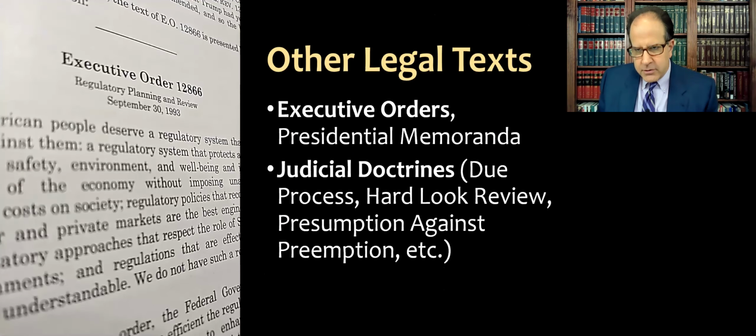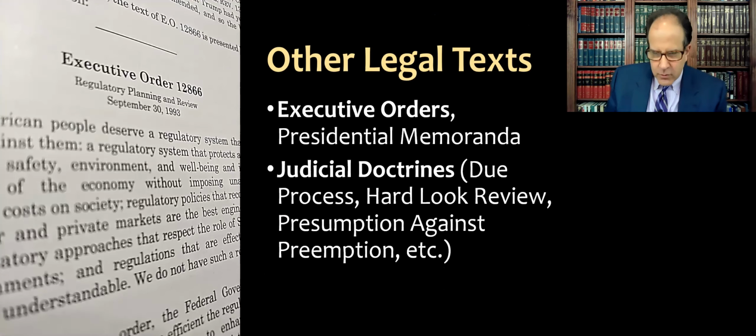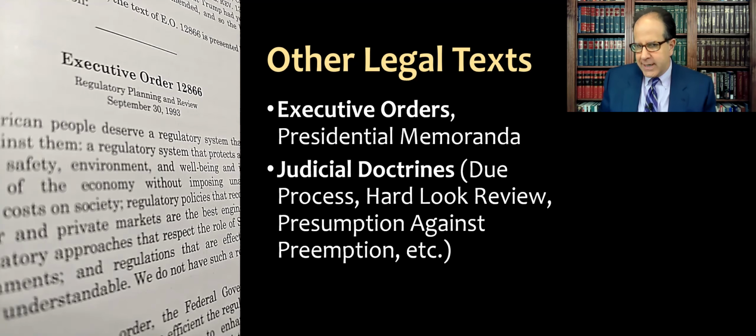Now, we have other legal texts that are going to come up in this course and that affect the agencies and that are part of this, again, body of law that agency officials and regulators have to follow. So we have executive orders and then probably secondarily presidential memoranda and so forth. There's not a big legal difference between these, but a president as the head of the executive branch can direct agencies to do certain things. Often this is put in very official written form and published and studied so that there's a document of it.